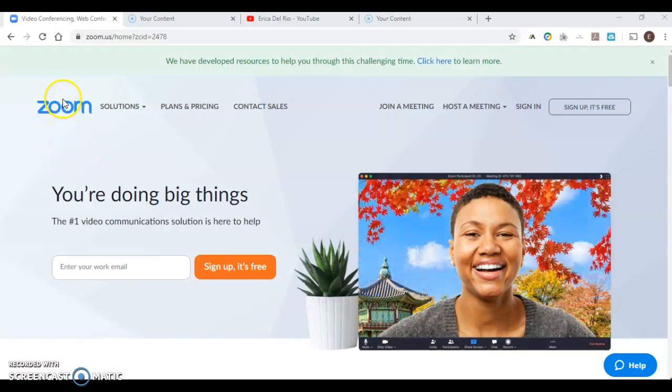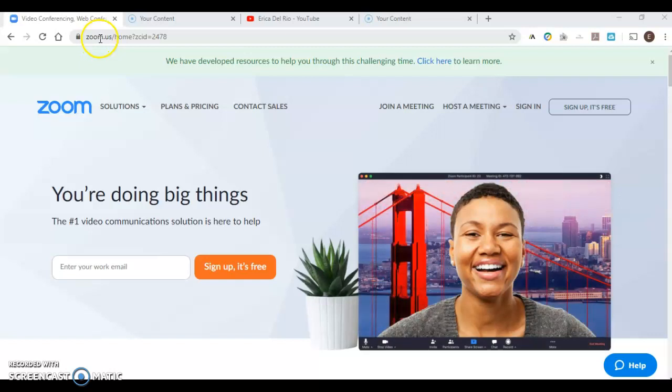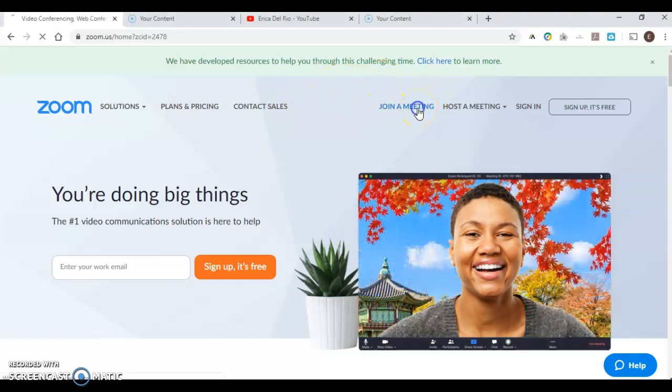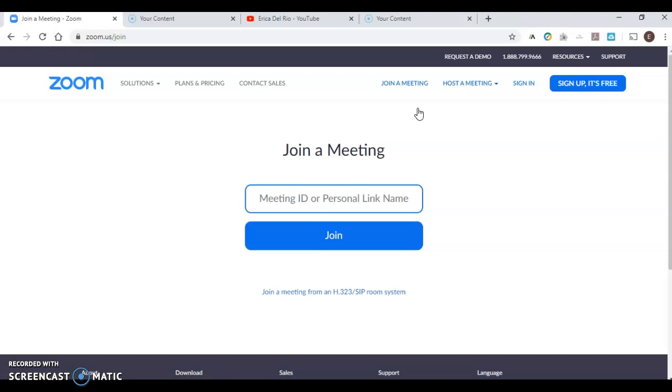So after you go to Internet Explorer or Google Chrome, you're going to make sure you type in zoom.us. Then you're going to get a page that looks like this, and you're going to click Join Meeting. Then you're going to get a screen that looks like this, and it's going to ask you for the meeting